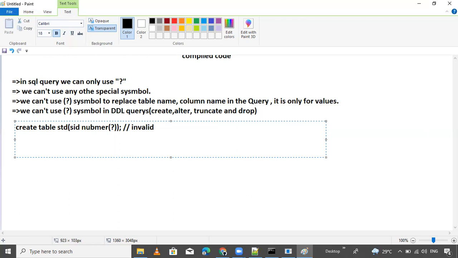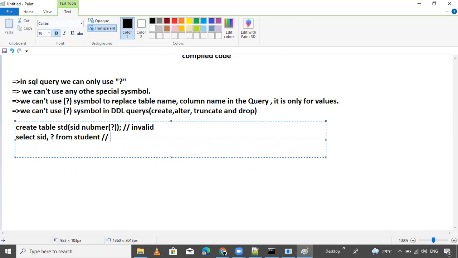Now next is select SID comma question mark from student. Is it valid or invalid? Tell me.